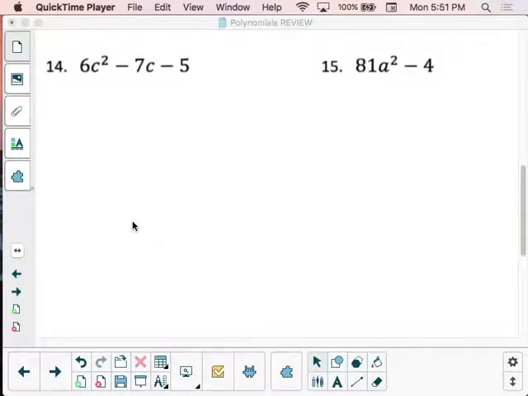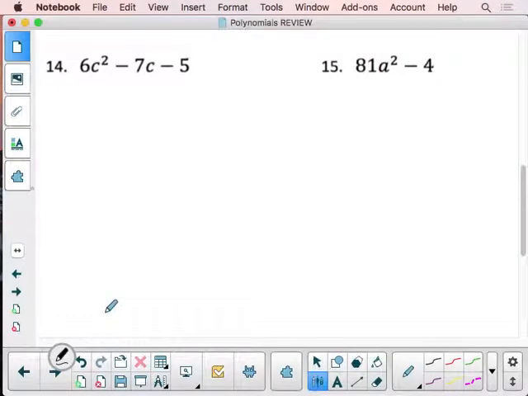All right, everyone, this is the Polynomial Review screencast for summative review problems number 14 and 15. 14 and 15 are very similar, but they're also very different. Number 14 is a trinomial. It doesn't have any greatest common factor. There's nothing that we can pull out of all of these. So we go ahead and dive into that box method, make that box, and we ask ourselves,